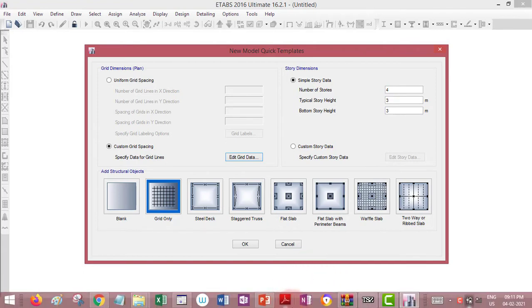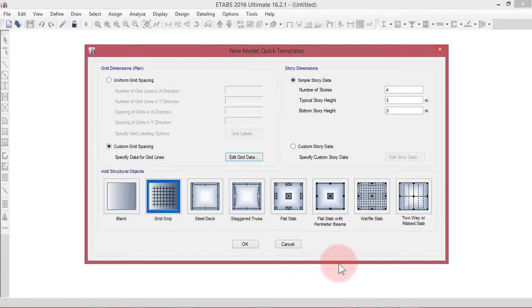In ETABS, the simple story data is similar to the uniform grid spacing. If all the stories except the bottom story are equal, then we choose this option. If the story heights are different, then we have to choose the custom story data.